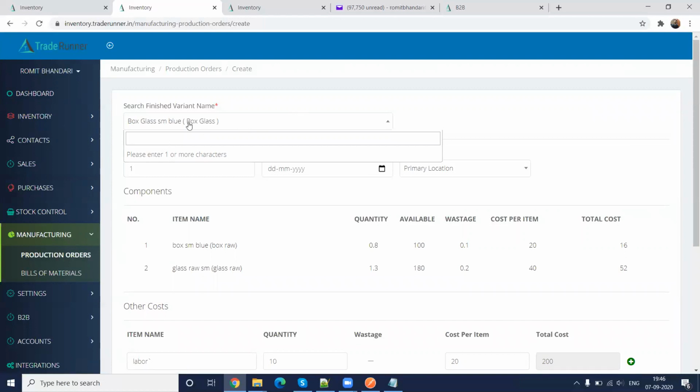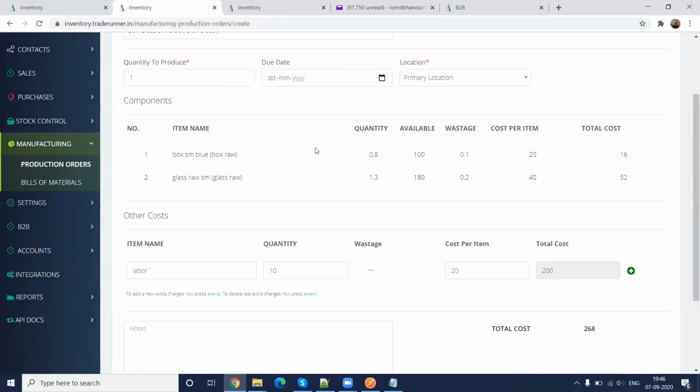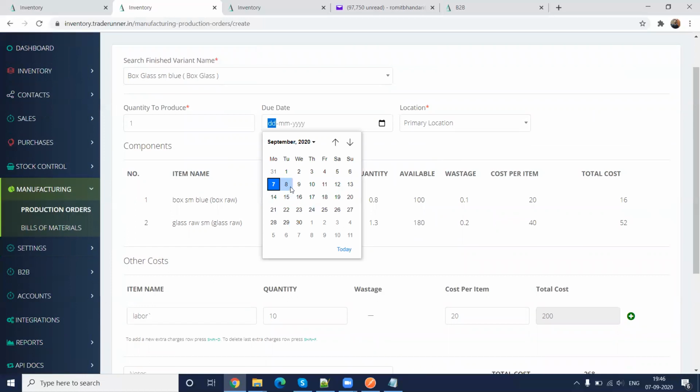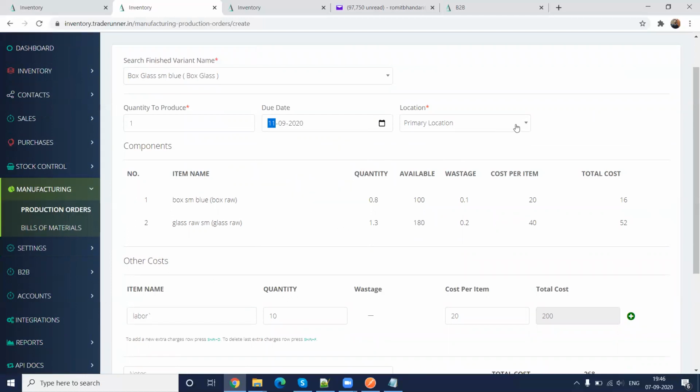So I have selected the one which we just created, box glass small blue, and as you can see, the different components required to manufacture it have come pre-populated. Let's say the due date is 11th of September and it's happening at the primary location. The quantity to be produced is, let's say, 2.